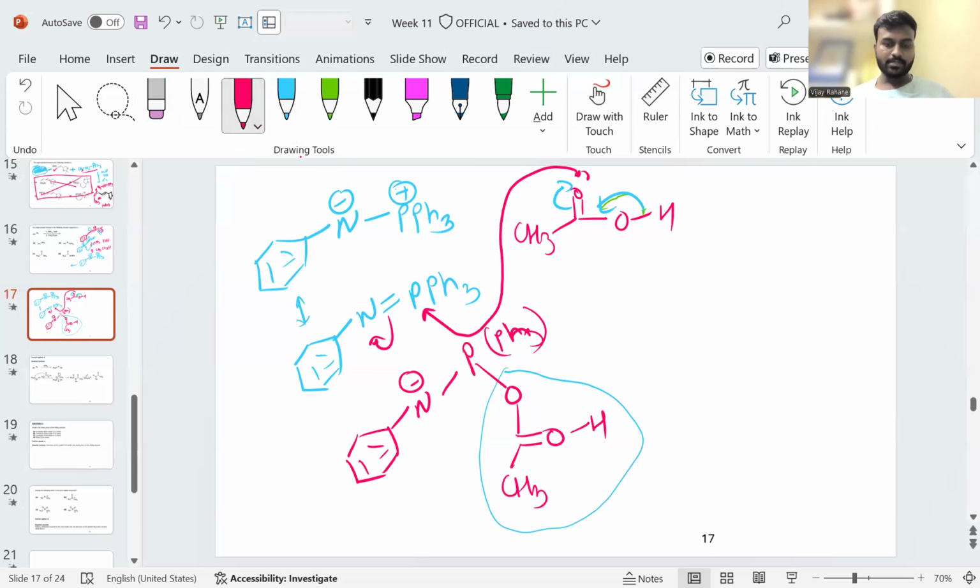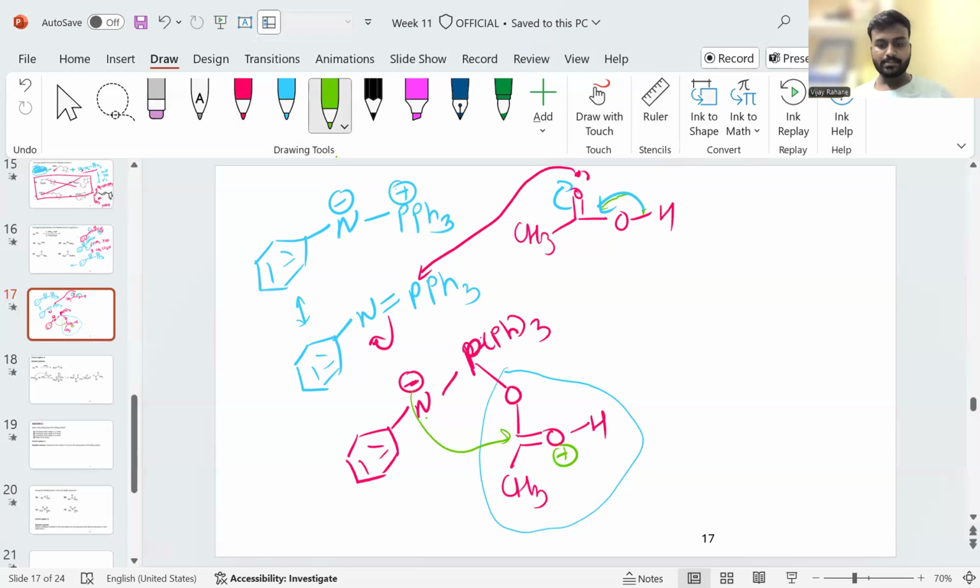Right. So up to here, I hope it's okay. Now this negative charge can attack on this because this is now electropositive because of the proton. This negative charge on the nitrogen can attack on the acetic acid, which further leads to the formation of,